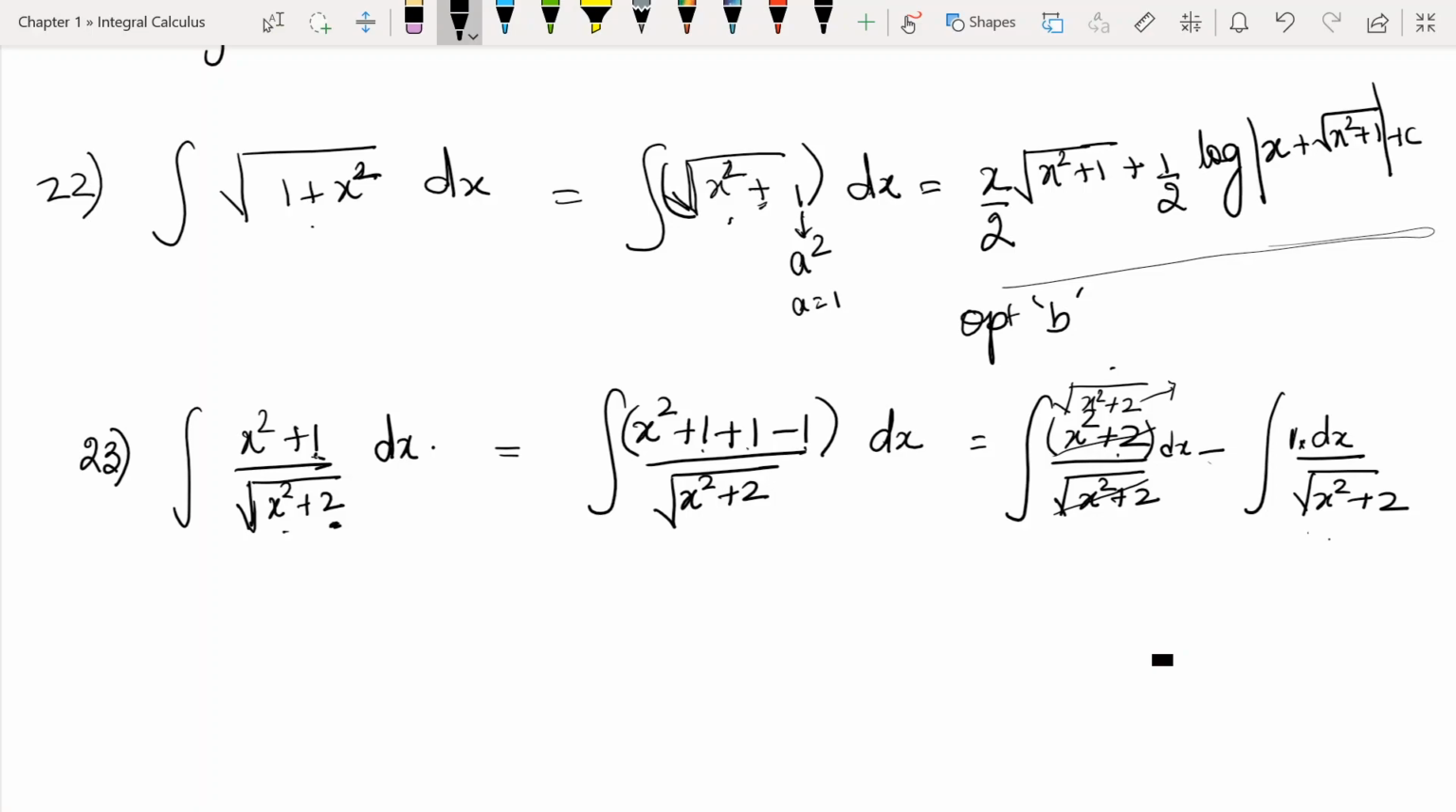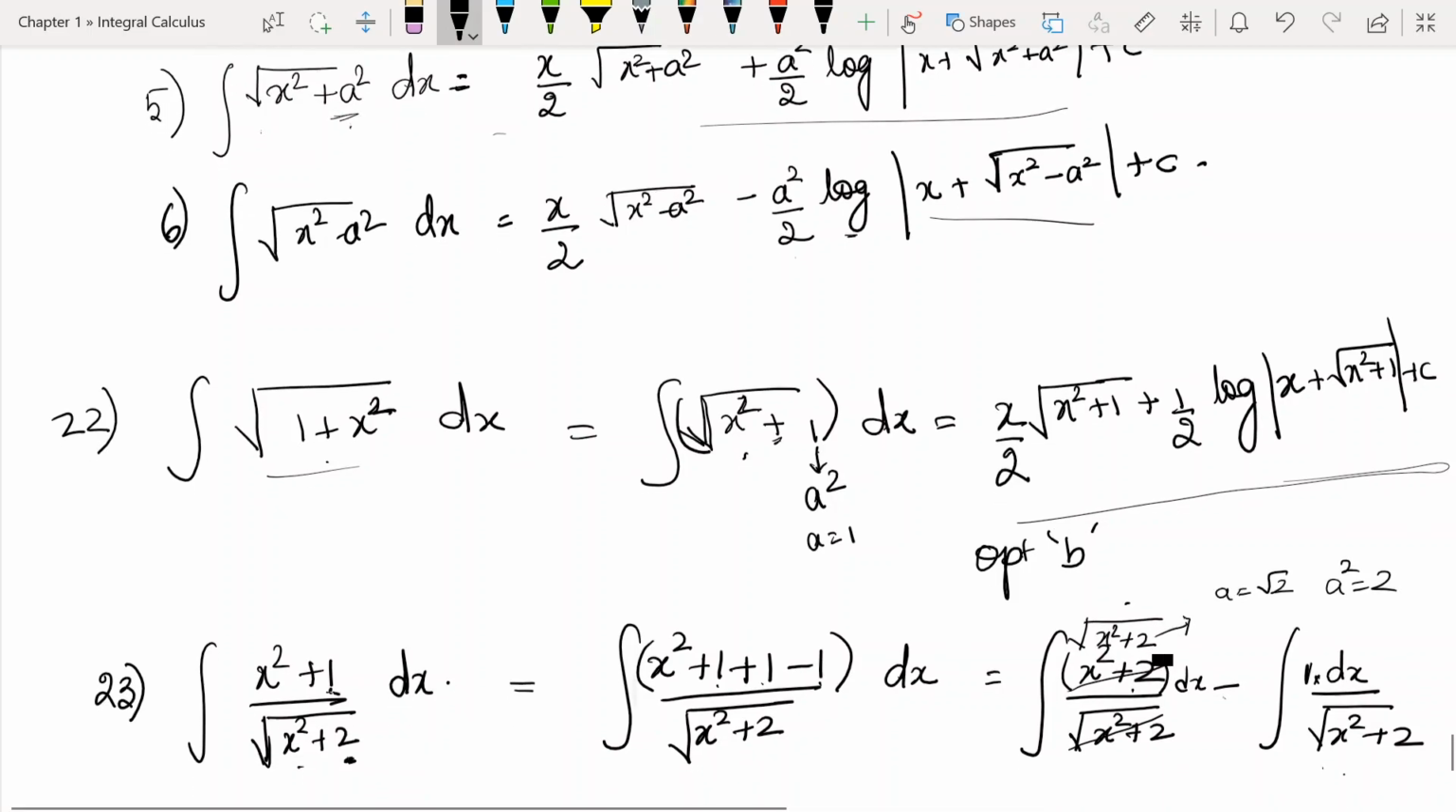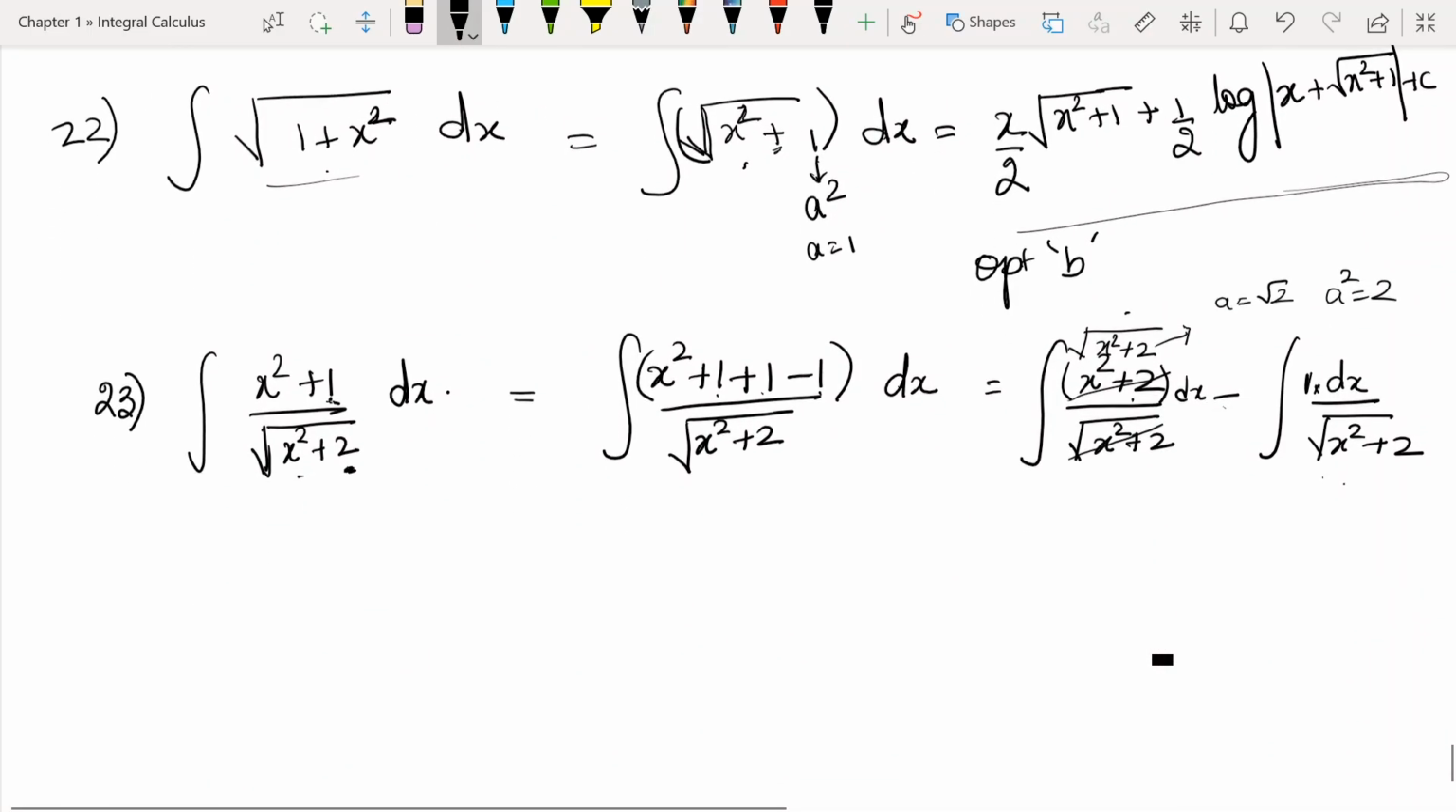What is a and what is a square? A is nothing but root 2 because a square is 2. So now using whatever formula we have used here, that is, we have used formula number 5, the root of x square plus a square formula. This formula I am going to use now. What does the formula say? The formula is nothing but x by 2 root of x square plus a square. So x by 2 root of x square plus 2,